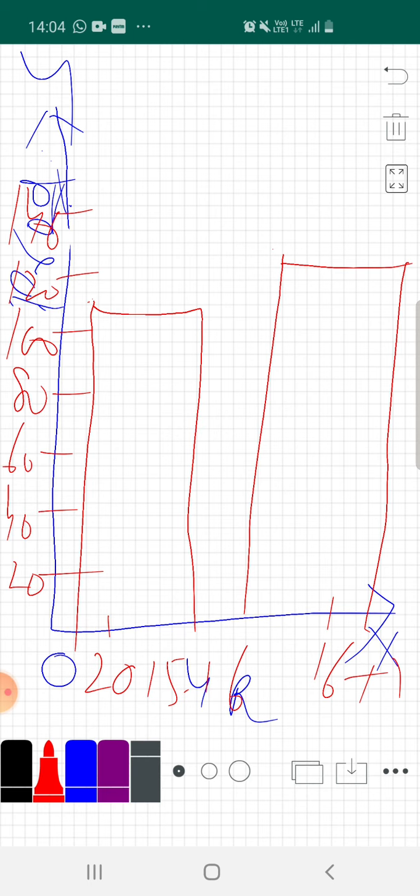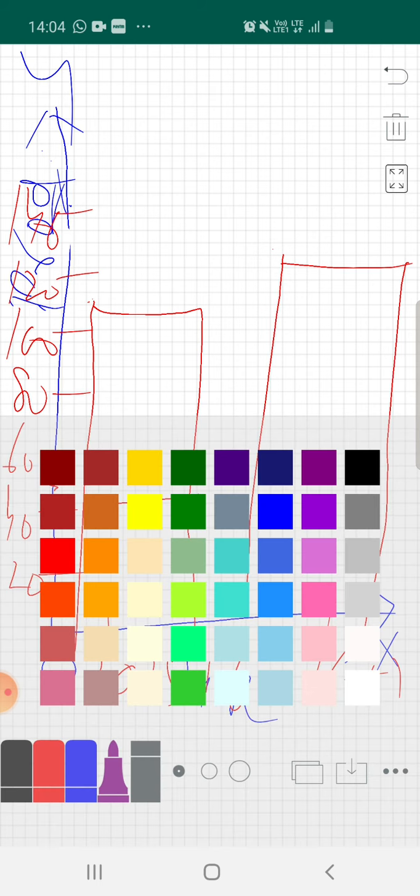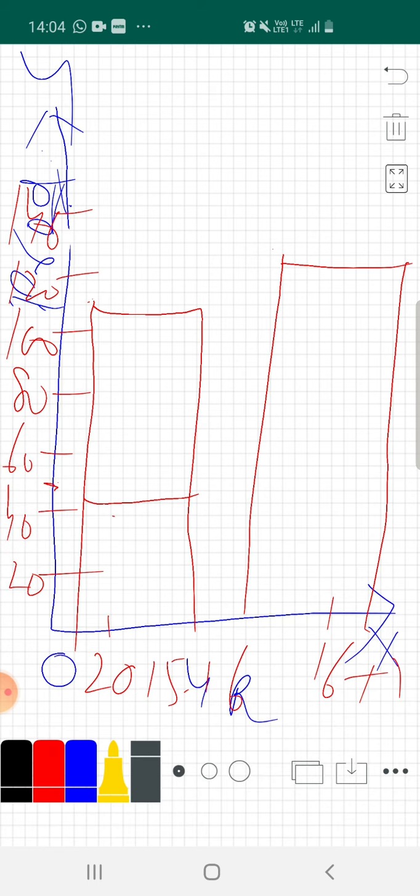Where will 46 be? If 50 is here, then 46 will be below. Through an idea, we can mark it here. If 46 is here, it will be the area of hydroelectricity, and the area above shows thermal electricity. The rest of the area is for thermal electricity.